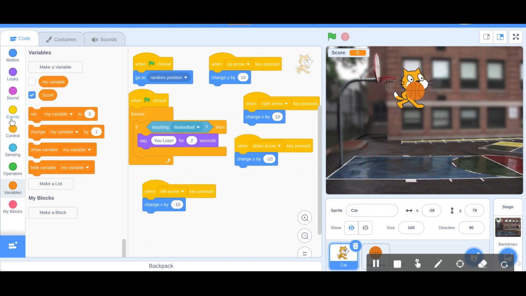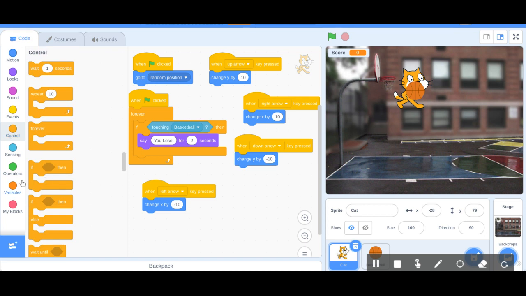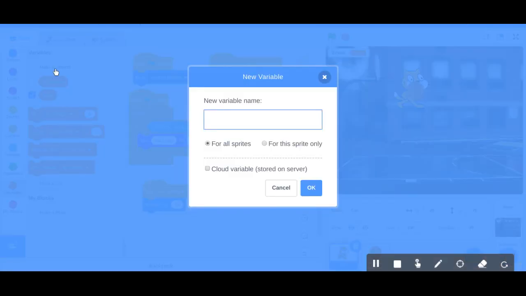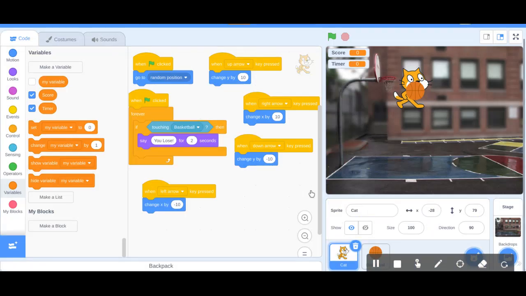So now what we want to do is create another variable called timer. So you go to make a variable and you make it timer, just like that. So now there's a score and variable timer. So now what's next is